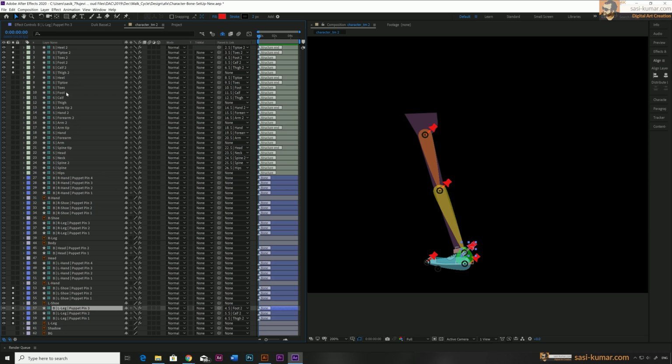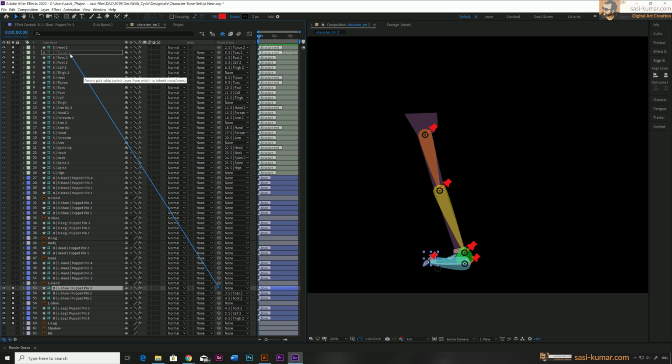Alright, okay, so let's move on to the shoes. The first puppet pin will go to the toes, sorry, it will go to the foot also. So let's bring the parent to the foot 2, and the second one will go to toes 2, and the third one will go to the tip toe.